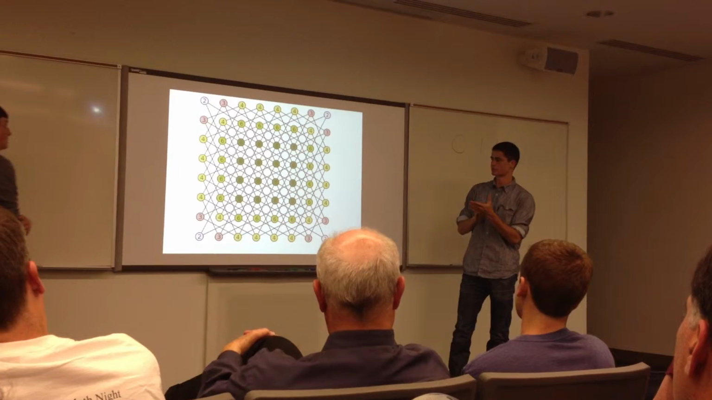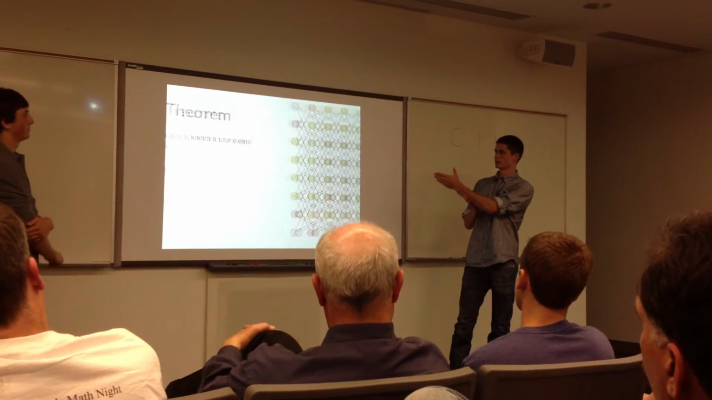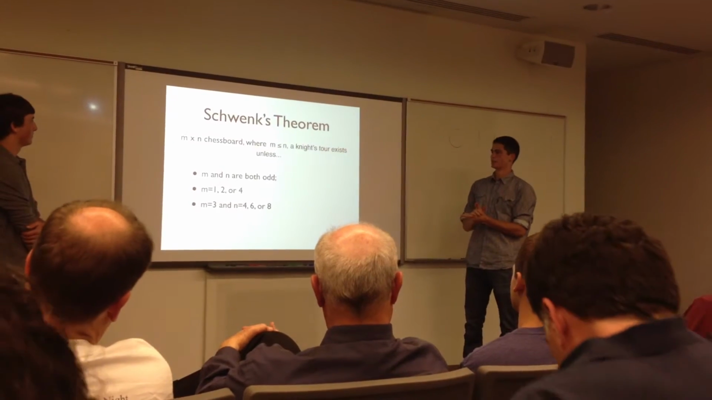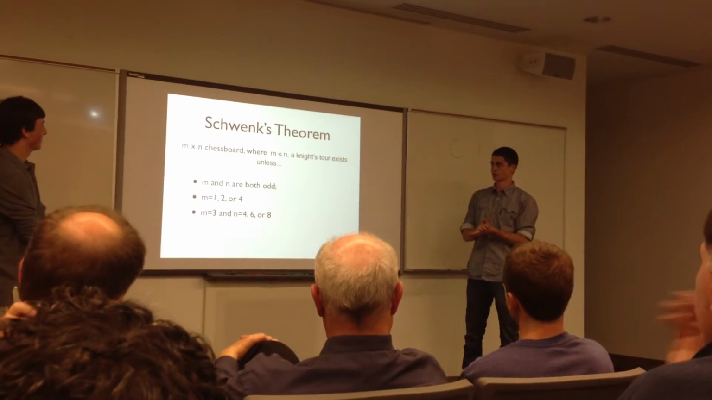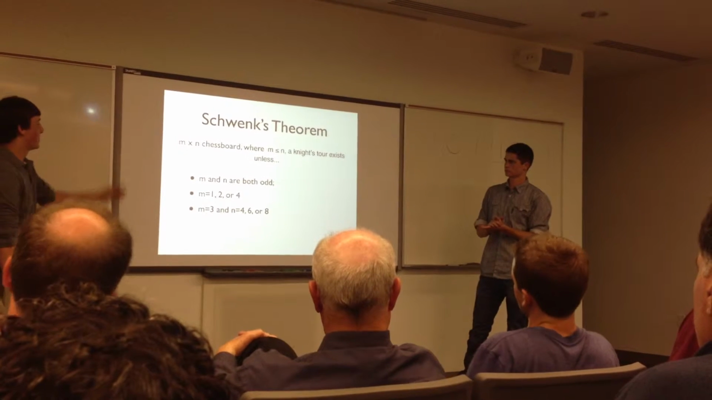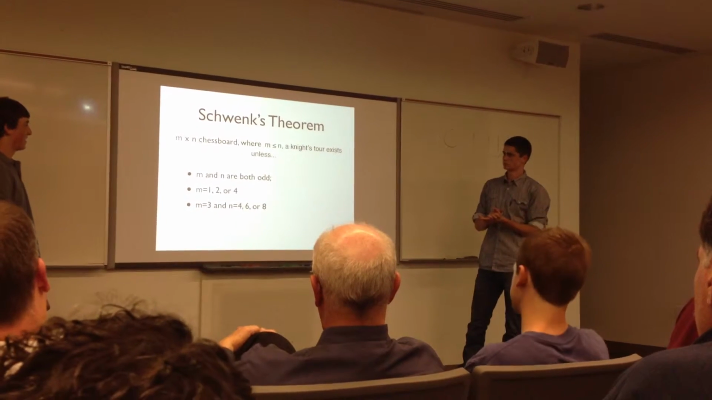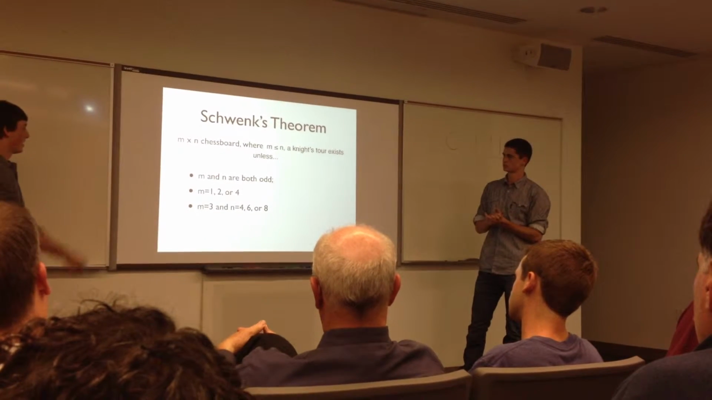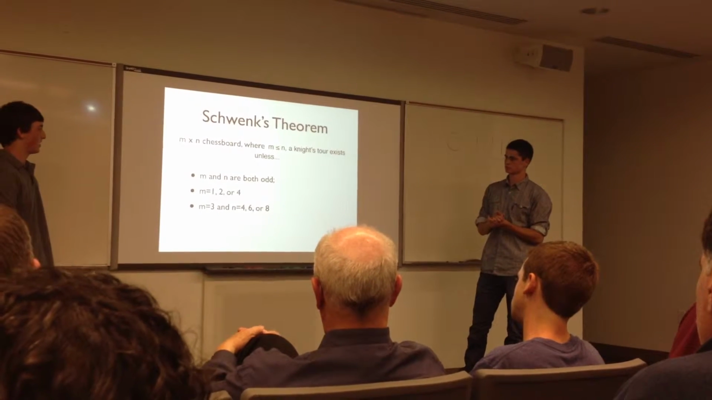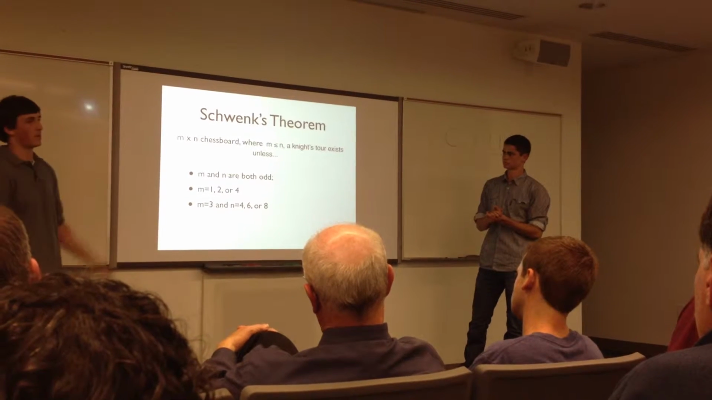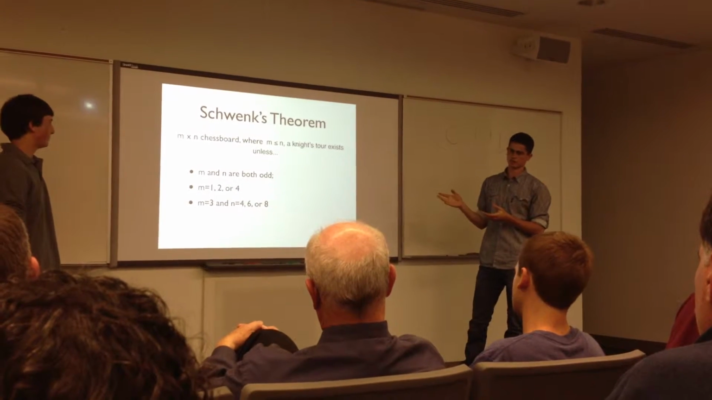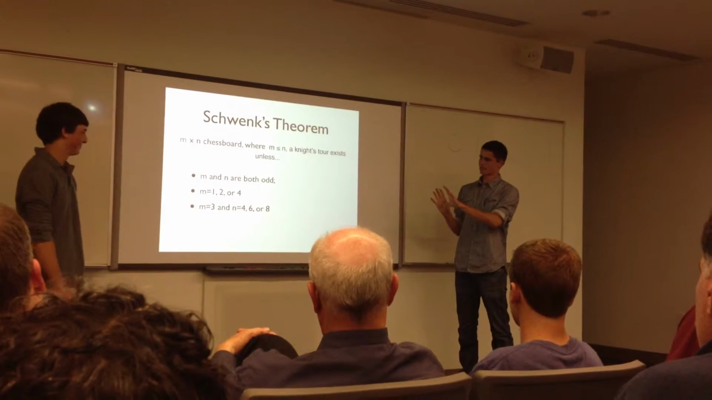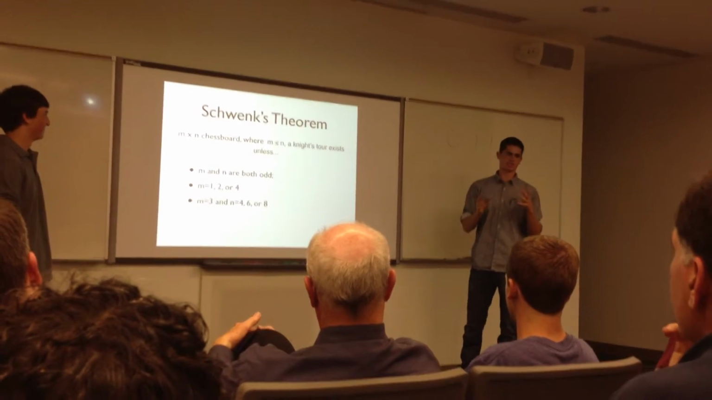So the actual proof for the Knight's tour was put forth by a person named Schwenk. And he had the rules that Ben's about to talk about real quick, that actually proved whether or not a Knight's tour works. So one of the rules is when m and n are both odd, and then the other one is when m equals 1, 2, or 4, and when m equals 3, and n equals 4, 6, or 8. So that is why an 8x8 chessboard works, because it doesn't violate any of this. So, that was kind of a side note, but we're going to go back to how Euler actually solved